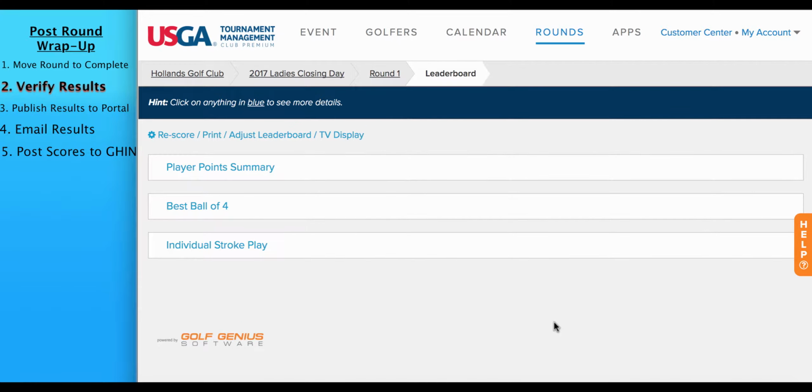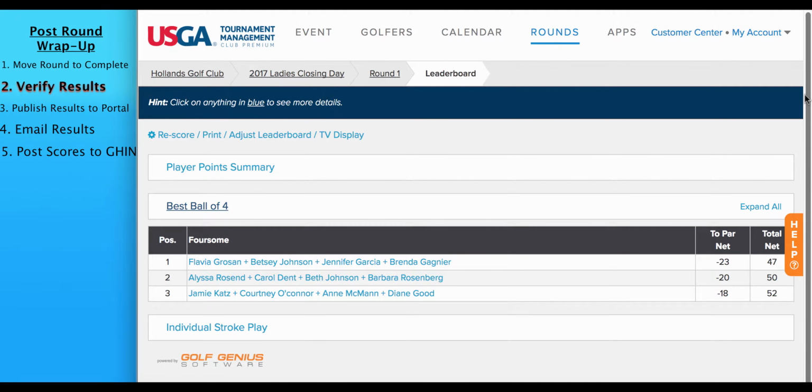The next step to take in your post-round wrap-up is verifying your results, and that can also be done here on the leaderboard page. This is a very important step to make sure all the results, handicapping, teams, points, tie-breaking method, and everything looks correct and as expected. To verify your results, simply click on an event, and you can see the summary of the results,